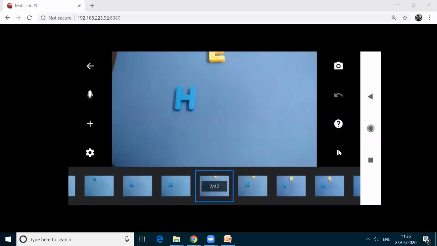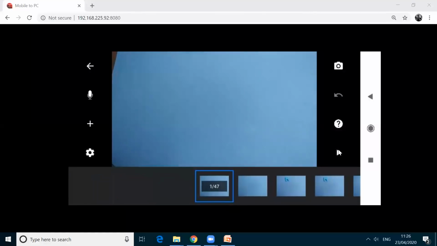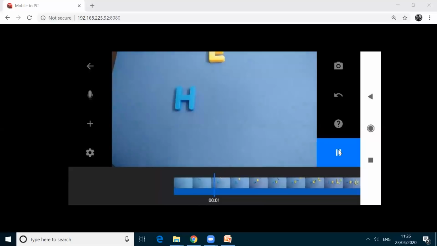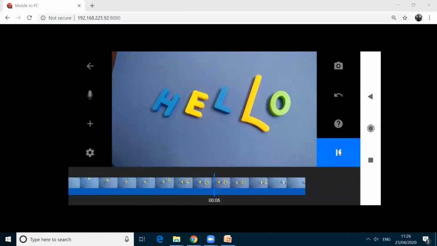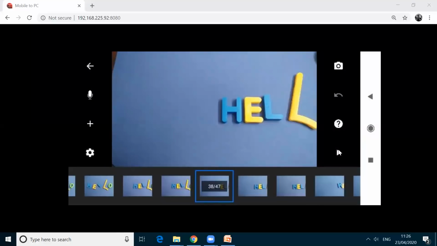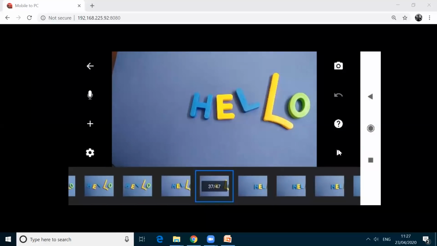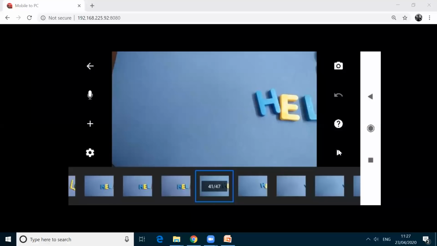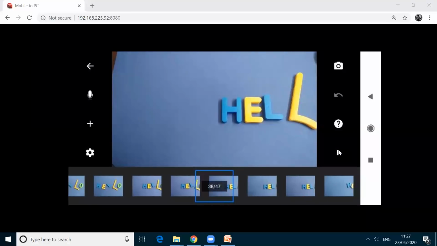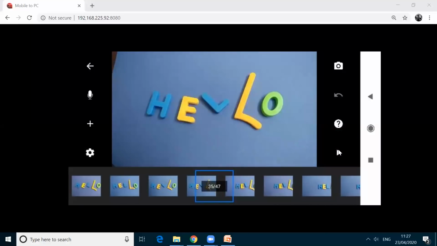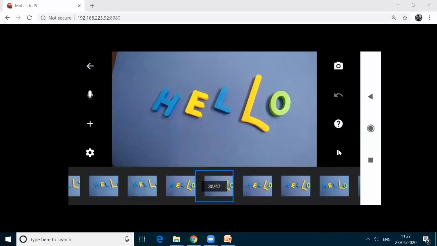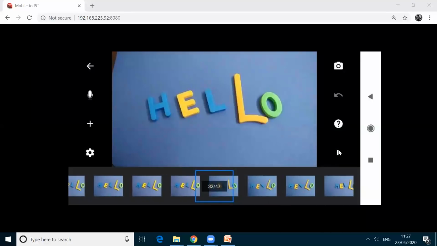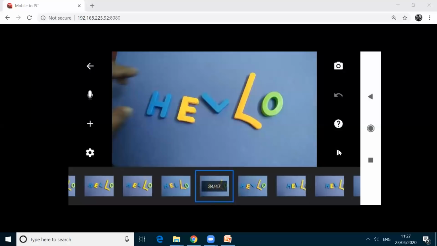While I am doing, see here, my hand comes in between this video. See here, in one frame, my hand is coming. In one photo, I am pressing this pause and then I am checking the photo, in which photo my hand is coming in. See? Okay. In this frame, my hand is coming.